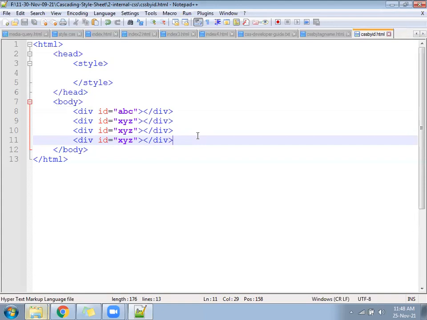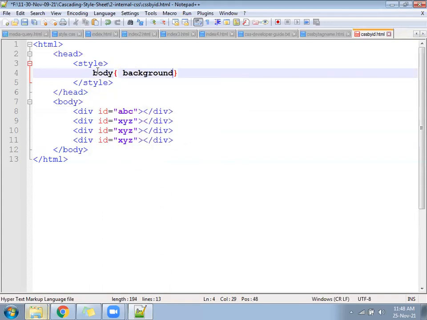Now in html we have written the tag name and then the property called id equal to some name of the id. In css, how to link it? If you write like this, suppose body, and for that if you write background color is sky blue, which method is this? id or tag?